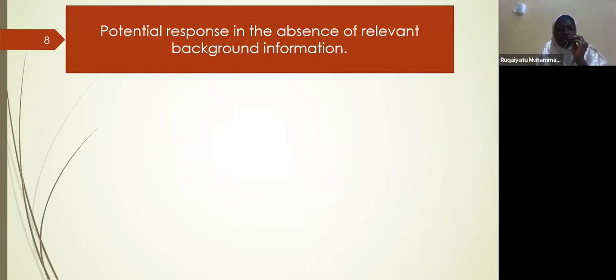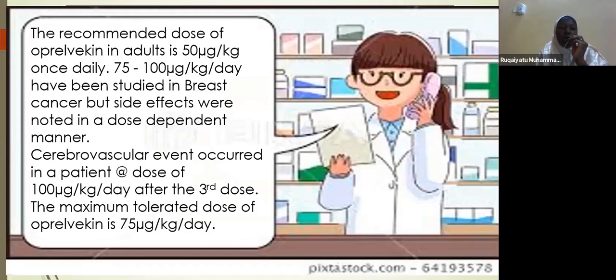Our response will now be like: the recommended dose of oprelvecin in adults is 50 microgram per kg per day, subcutaneous, although higher doses of 75 to 100 micrograms per kg per day have been used and studied in breast cancer. And then it was noted that there are dose-dependent side effects such as myalgia, arthralgia, and also